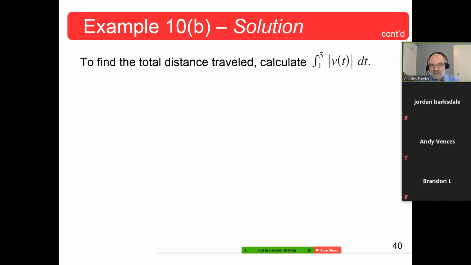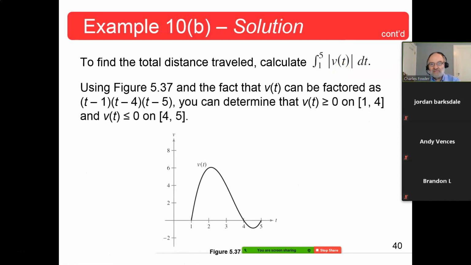Second part though, the total distance traveled, you do the absolute value of v of t. In that case, and we did this last time, we found out that it had a 0 at 1, a 0 at 5, and we then discovered it had a 0 at 4. We checked and made sure it was positive in this range. It was. And we verified it was negative here. It was. So therefore, you do the integral of this part, and that gives you the distance traveled between 1 and 4 seconds.